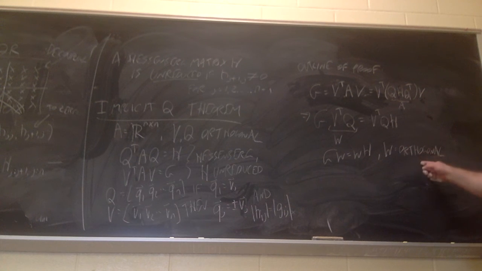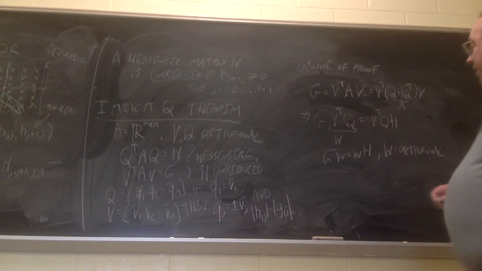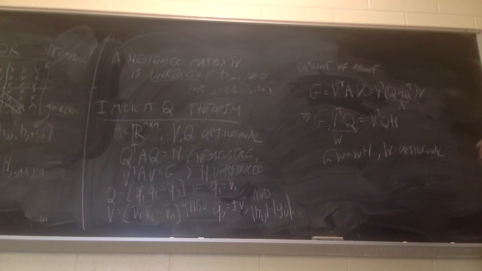So the reason why W is orthogonal is anytime you take orthogonal matrices and multiply, the product of orthogonal matrices is also orthogonal, which I've used many times because we have this product of sequences of orthogonal matrices. Okay, now the next thing I want to do is get some understanding about W. So I'm going to look at the first column of both sides of this equation.